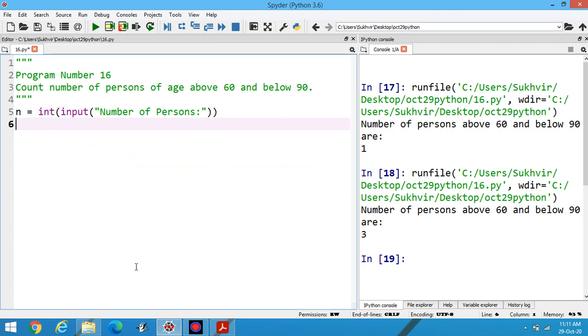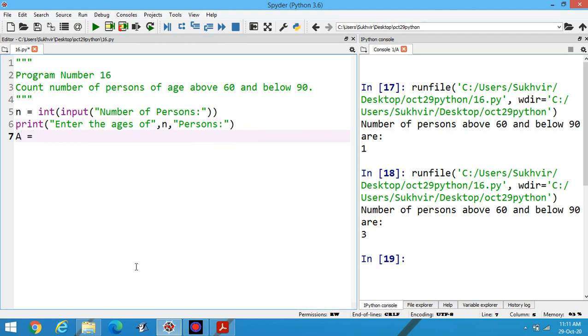Suppose that content is n. Then print enter the ages of n persons.